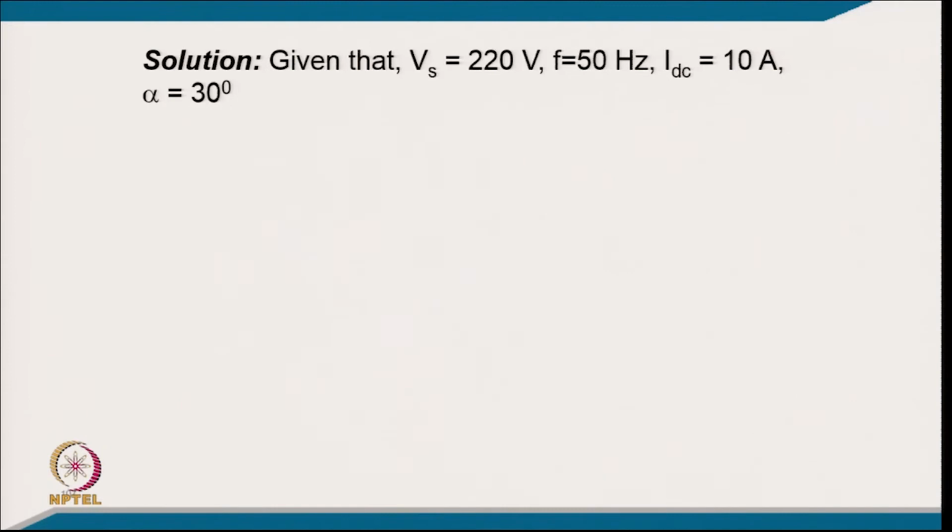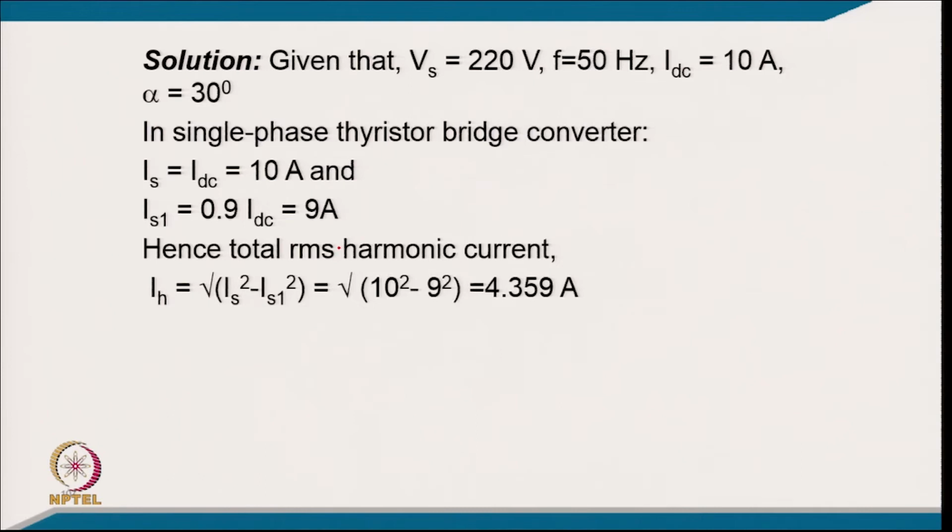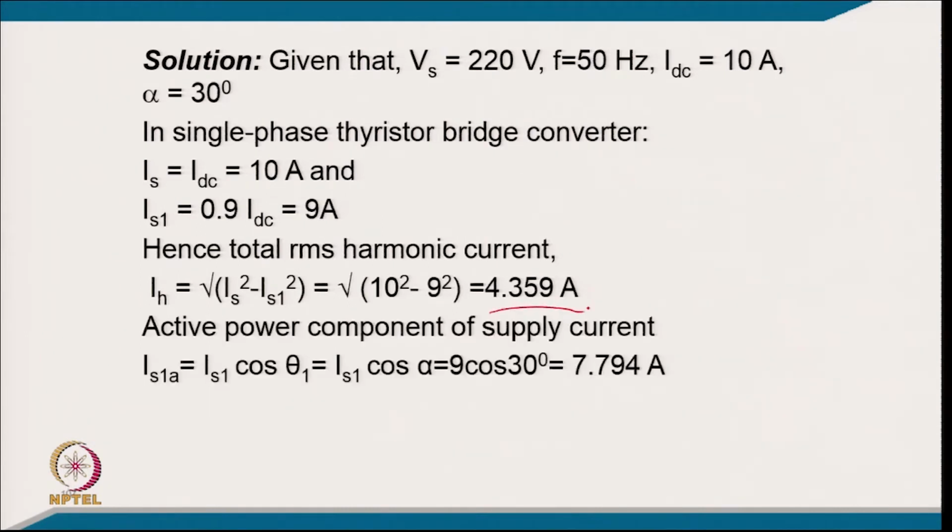So, coming to the solution part of the numerical, given that the source voltage is 220 volt 50 hertz, the DC link current is 10 ampere and the firing angle is 30 degree, and in a single phase thyristor bridge converter, because it is a square wave, the supply RMS will be the same as the DC link current, that is 10 ampere, the fundamental will be 0.9 IDC, that is 9 ampere, and hence the total harmonic current will be the square root of IS square minus IS1 square. Putting the values here it comes to 4.359 ampere,